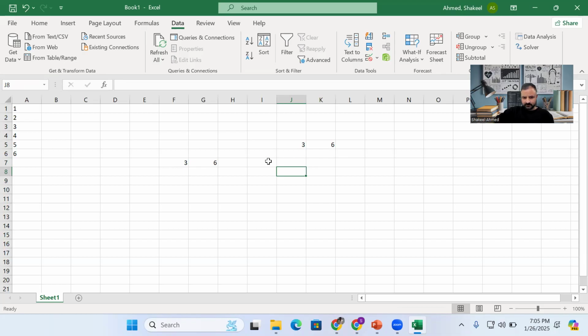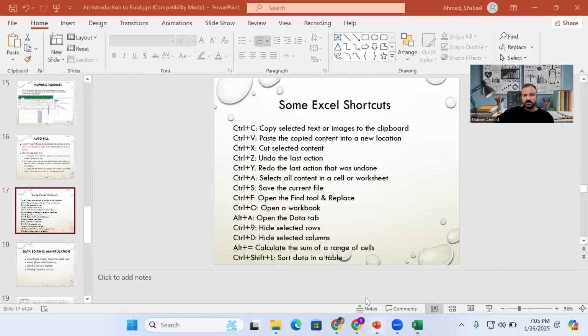While copying and pasting, you can use these shortcuts. Control C to copy, and Control V to paste the copied thing, and Control X means to cut